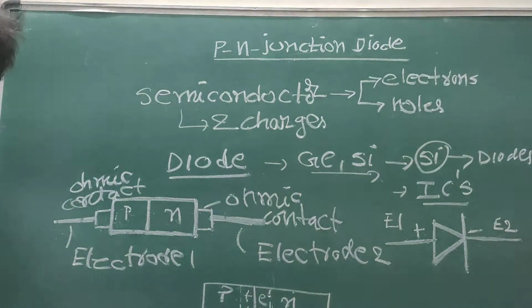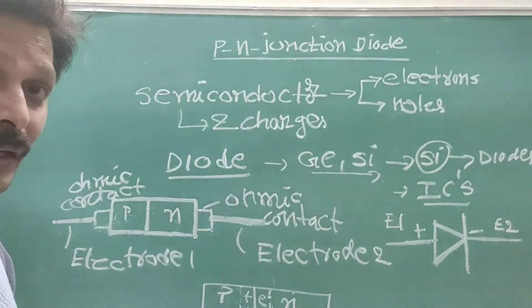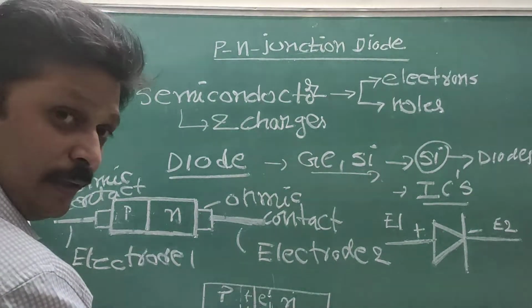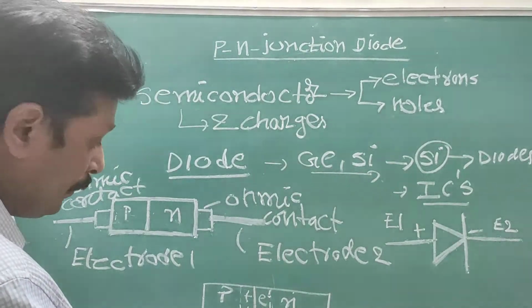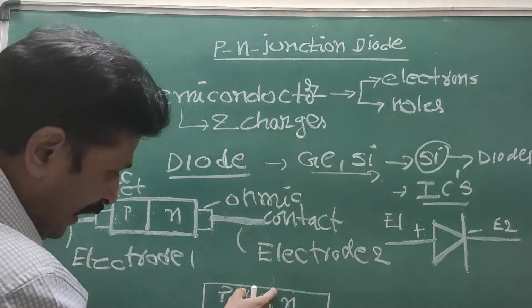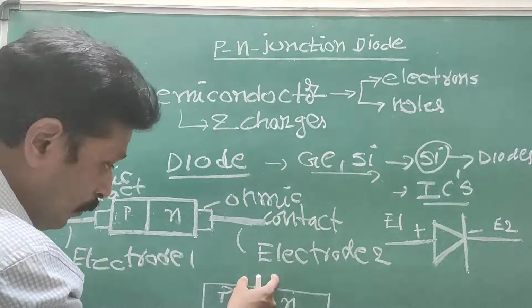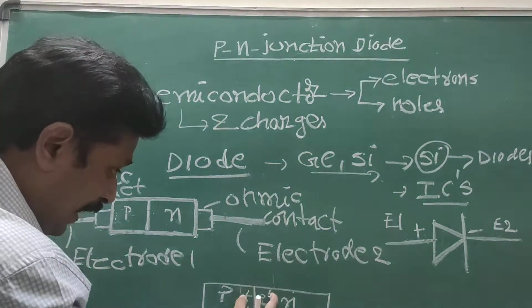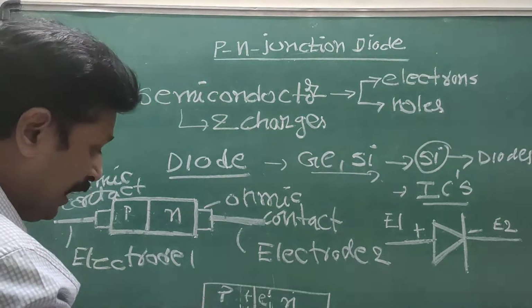Electrons and holes. We observe now that at room temperature, it is very easy to understand: the number of positive charges and the number of negative charges are equal. Once these are equal, that does not allow